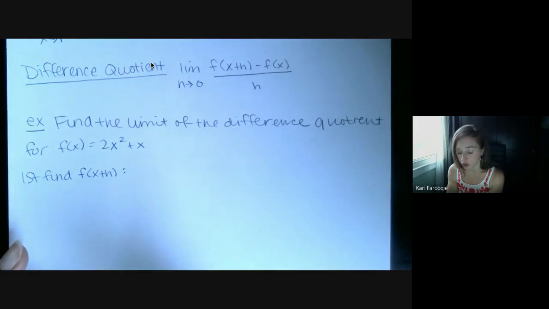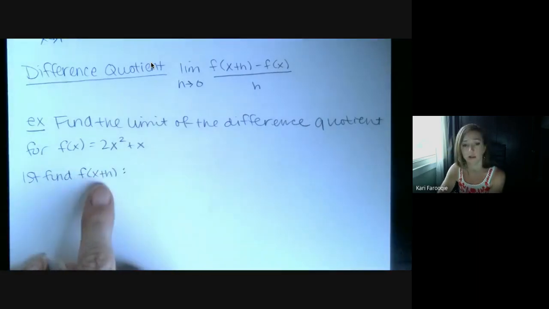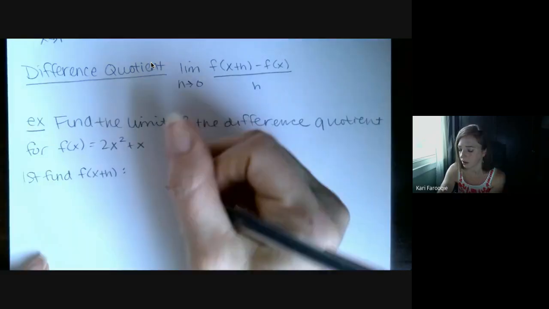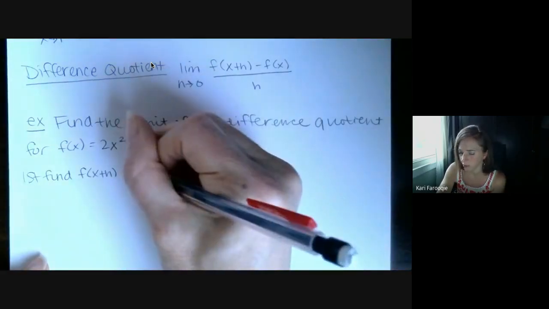Like I said, you should have done this at some point before. If you didn't, no big deal. We've done a lot of evaluating functions. I'm pretty sure that your algebra review had something like this on it. Maybe not the exact difference quotient, but I think you were asked to find things like f of x plus h and maybe a question or two. I'm pretty sure, but there's a lot in there. So,